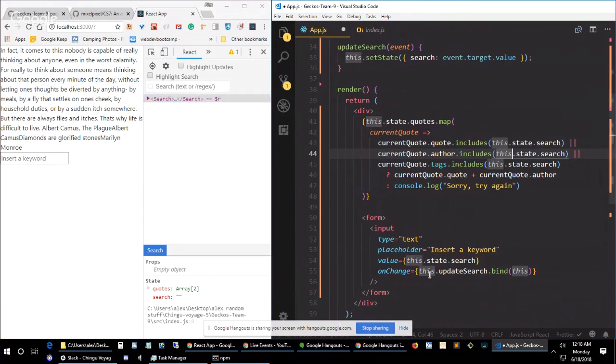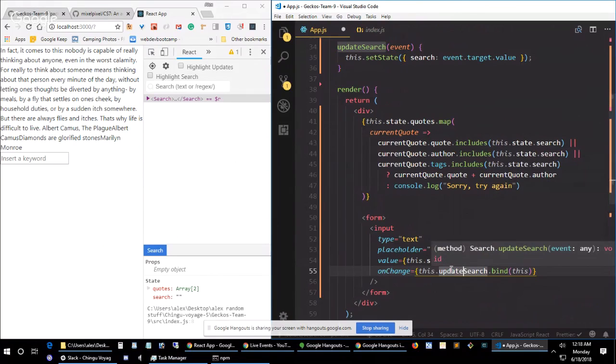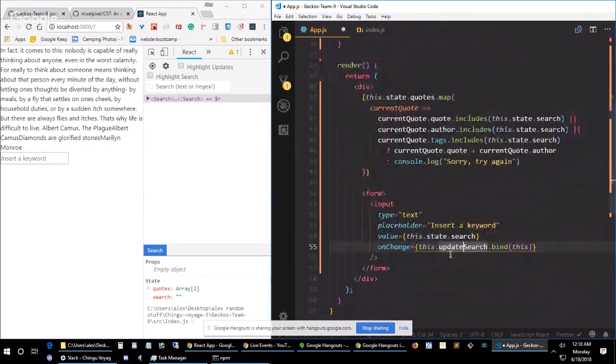On another note, I've read that instead of doing this binding here on the on change, the better way to do it is in the constructor. The reason being that when you do it here, every time, in our app, it probably doesn't matter because it's tiny. It's not a big deal, but in a bigger app where there's more stuff going on, it can be a performance thing because every time you re-render, it has to do this binding. But if you do this instead of here,